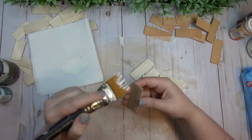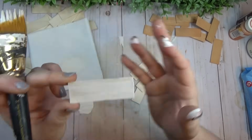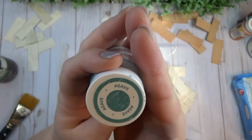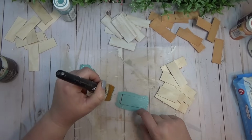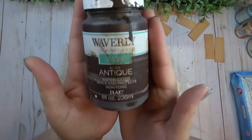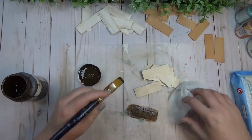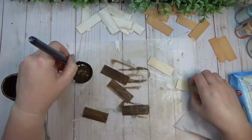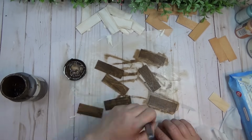with the antique wax, and then I did some of the sticks with a little bit of dry brushing with the plaster color, and then I did a few of the sticks with the agave color by Waverly too. So this is something that you could customize to fit your own decor. These are just the colors that I picked, but obviously you could use any colors you wanted, or you could even just use 1 color or 2 colors. You don't have to use 4, so this is something neat that you can kind of customize to fit your